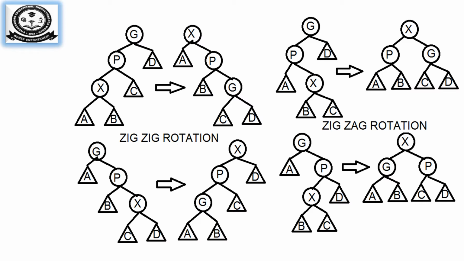So in the previous diagram you take it as zig-zig and zig-zag. The leftmost top diagram is zig-zig, the bottommost diagram is zig-zag. But in any book or anywhere you will be using only zig-zig and zig-zag rotation commonly. Let us see how a splay tree is constructed and how accessing and deleting is performed with an example.